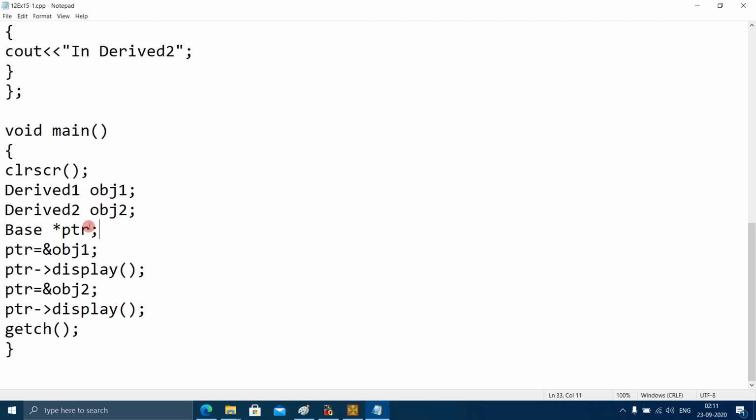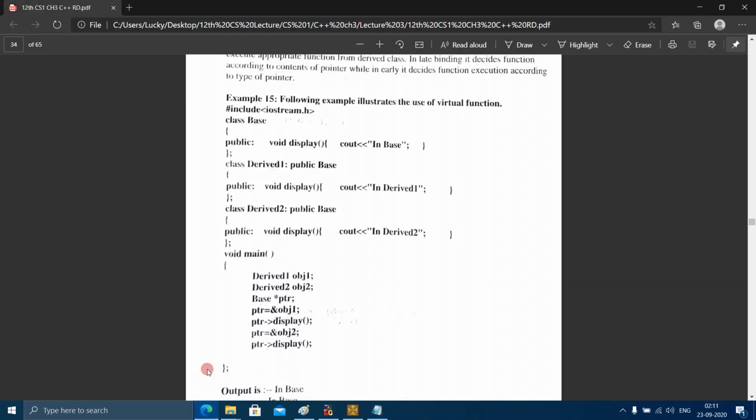Then here the pointer of the base class is used. I hope you remember we had learned pointer to the object members of a class.